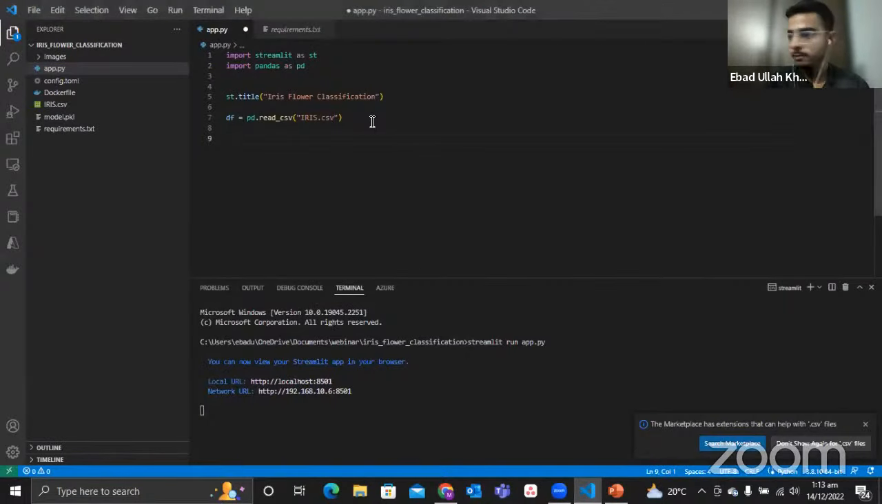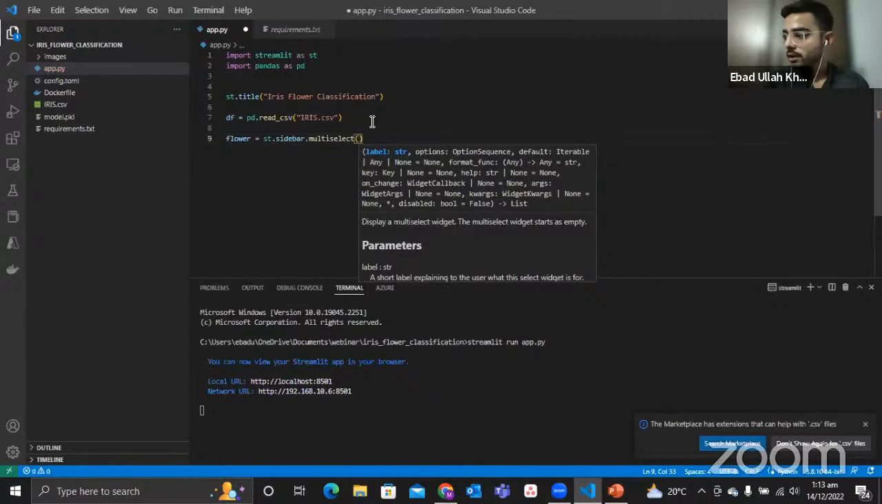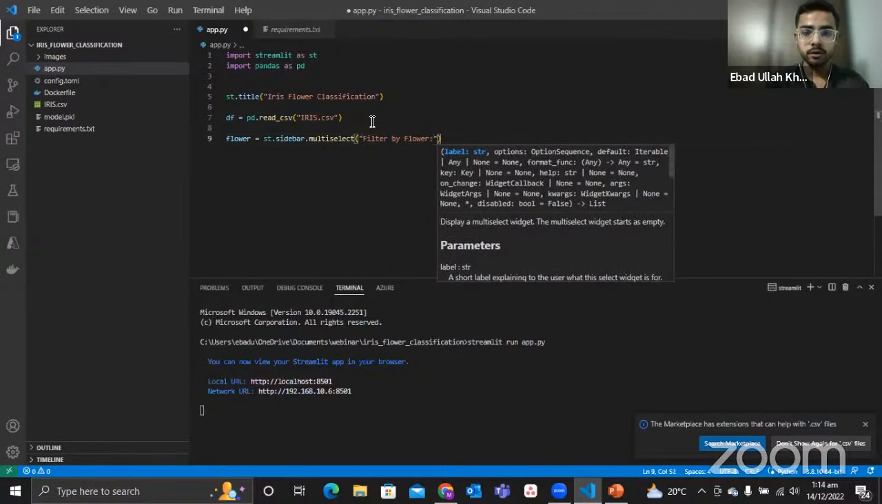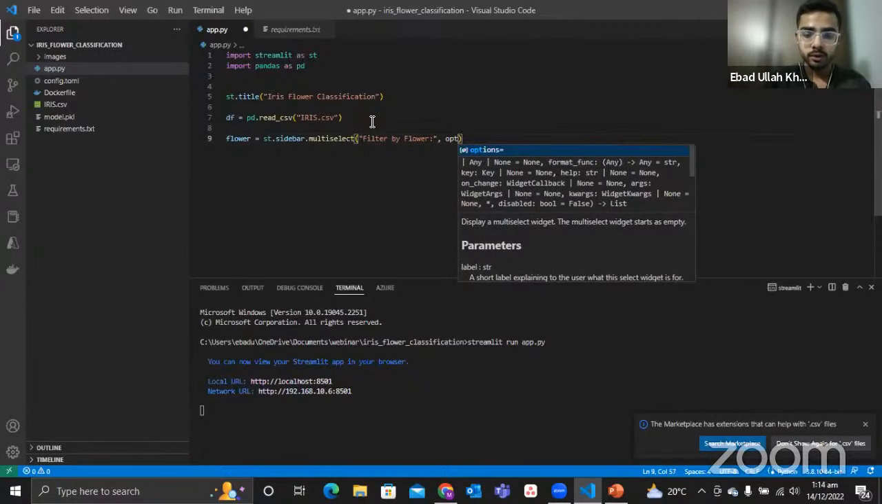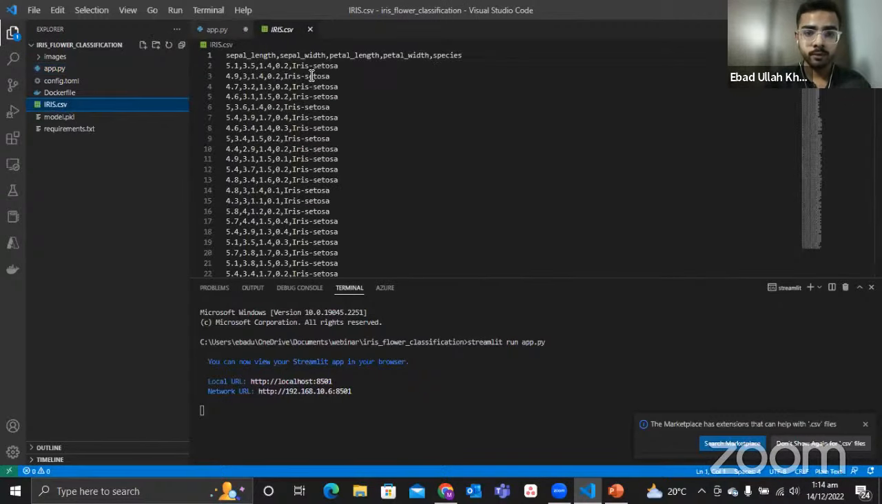We have the data frame loaded, and then I need to show a sidebar. For that, we will use st.sidebar.multiselect, and I will put the string "Filter by flower". That is a string that it takes. And then we will put some options over here. The options will be df, and what is df? We have the data frame over here, and we need the species name. Whatever the species, it is Iris-setosa, Iris-virginica, or Iris-versicolor. So we need to name them as the filter of our